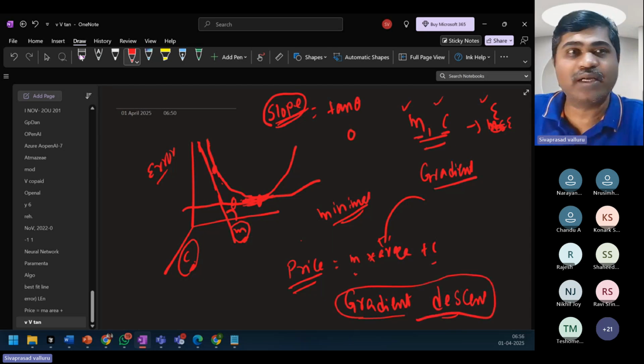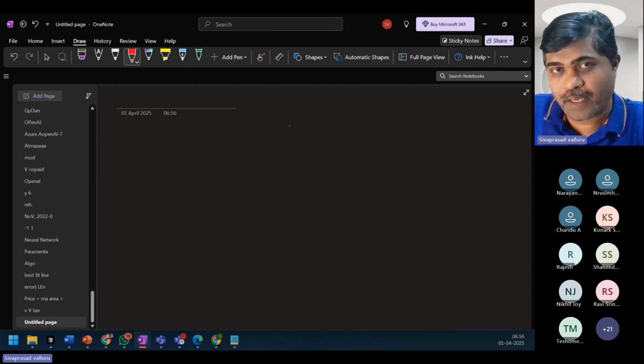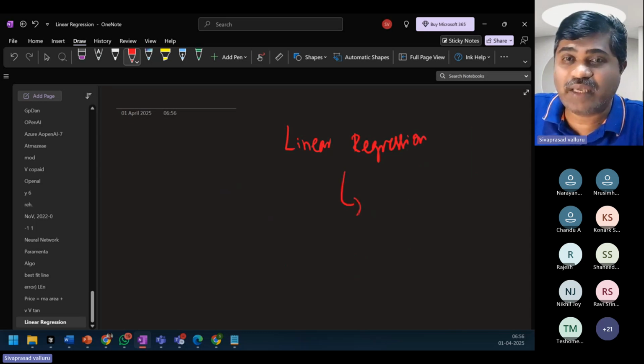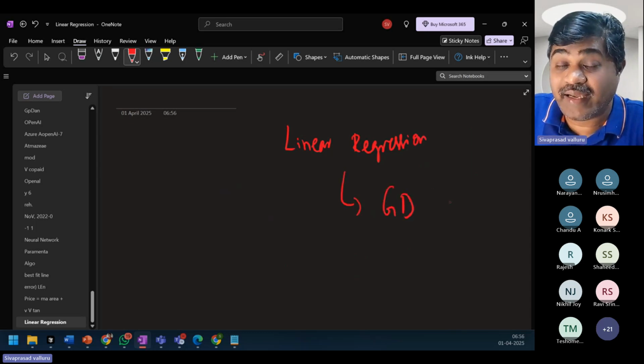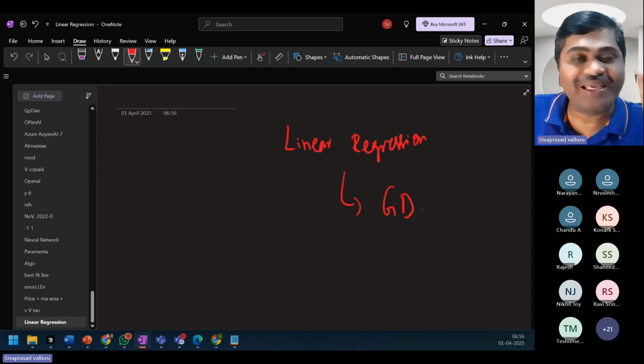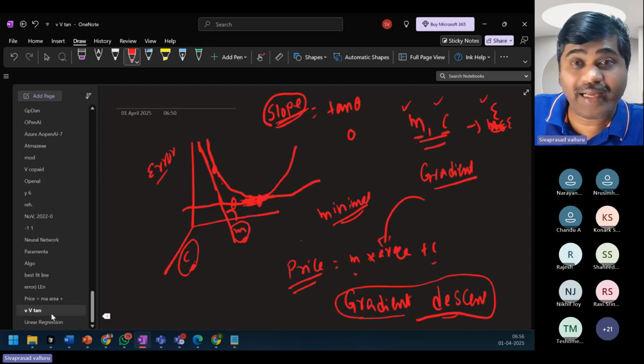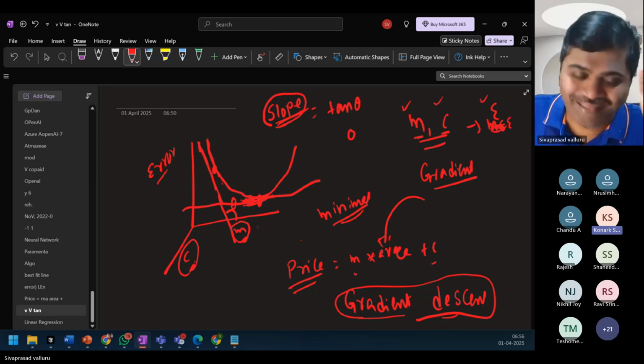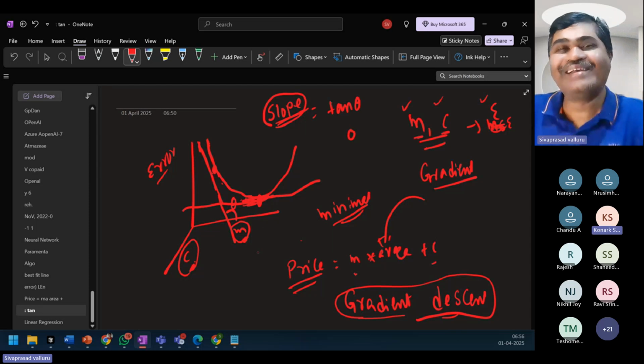In machine learning, there is an algorithm called linear regression algorithm, which internally uses the gradient descent technique to identify the values of M and C at this minimal point, where theta tends to 0, dy by dx is 0.